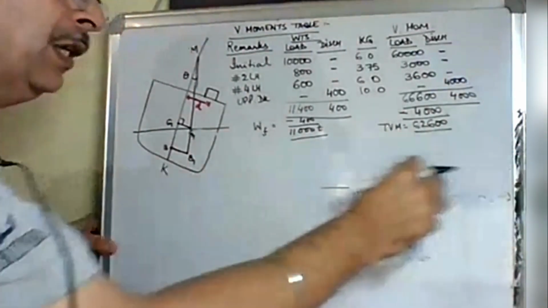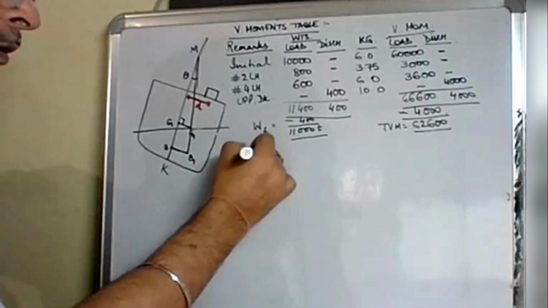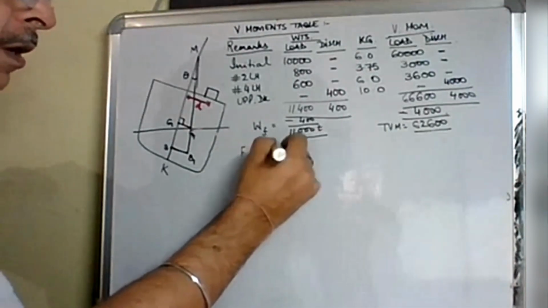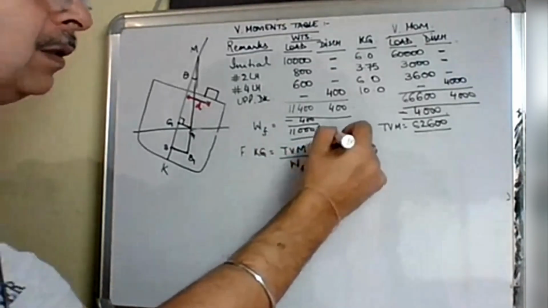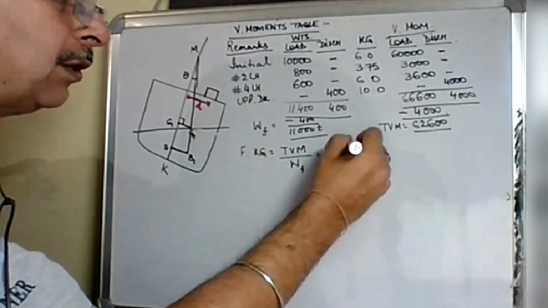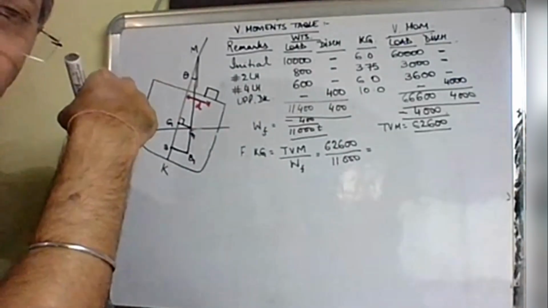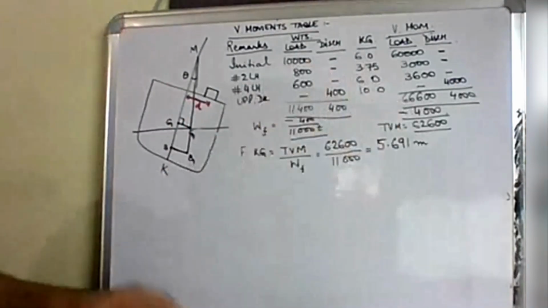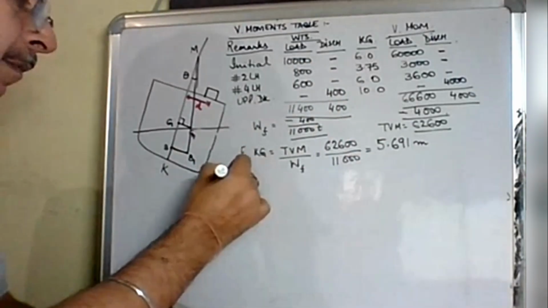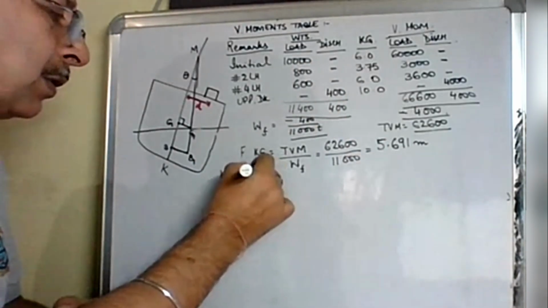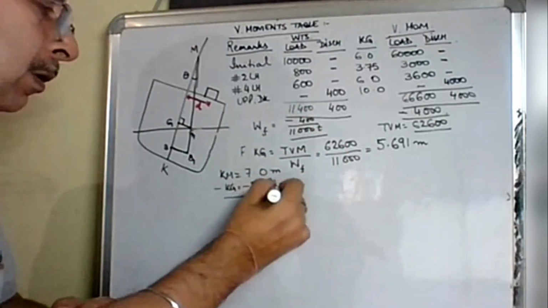Therefore, the final KG will be equal to total vertical moments upon W final, is equal to 62,600 divided by 11,000, is equal to 5.691. This is my final KG. Any doubt so far? So therefore, KM is equal to 7 meters given in the question minus KG 5.691